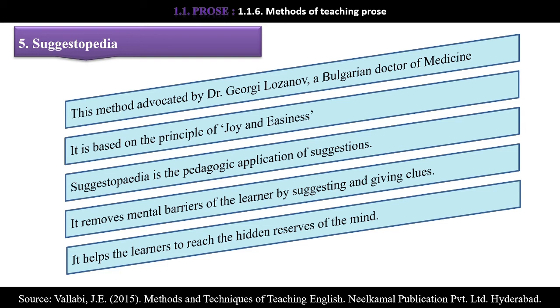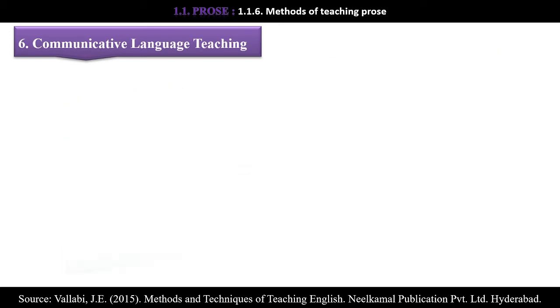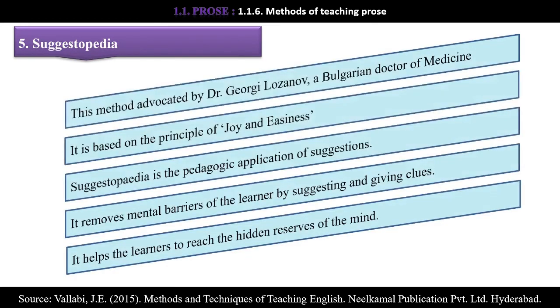While using this method, we ask some questions on prose and poetry and ask them to read that prose, read that poetry and find out the answers to those questions, so they are trying to learn it. If they have some barriers, then we have to suggest to them, we have to provide some clues so they can find the answer. So here we use the Suggestopedia method while teaching prose and poetry.